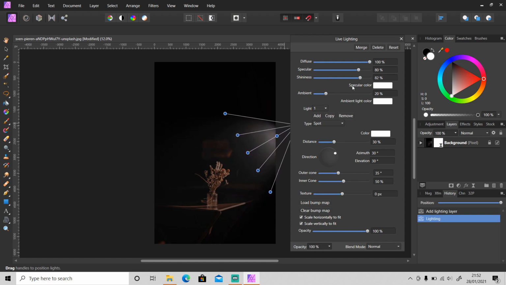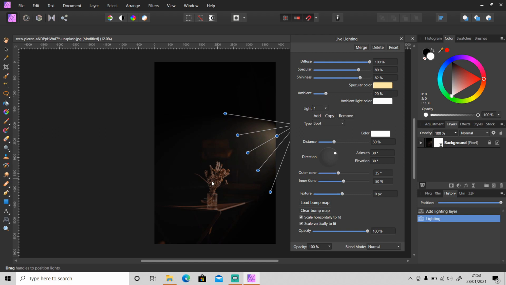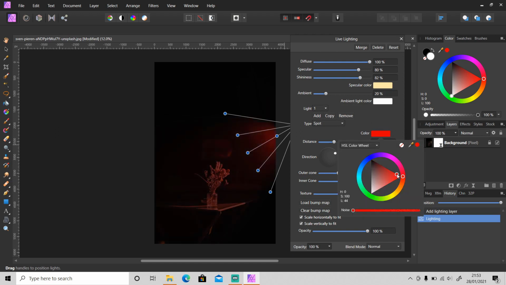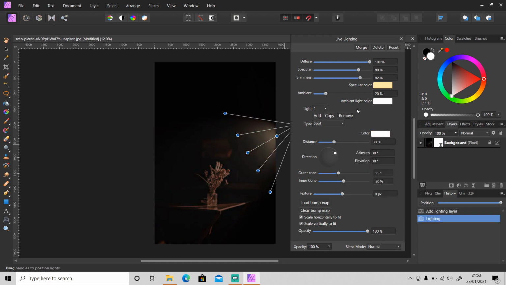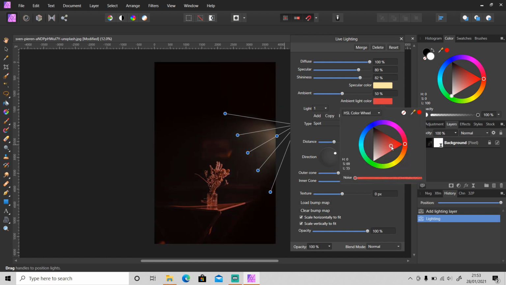You can also change the specular color right here. I'm gonna make it a little yellowish, like this. And if you want to change the light color, just click here, but I'm just gonna leave it at white. Ambient is the background lighting. You can make it darker or brighter. You can also change the light color,